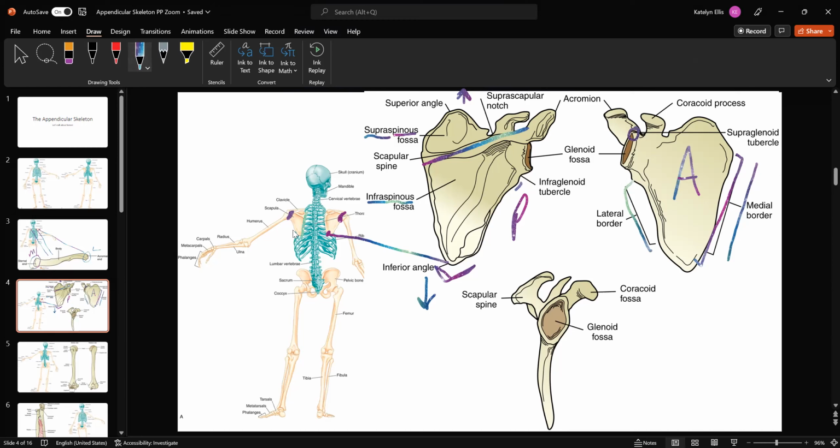We can pull it up and forward, and we can also pull it down when we do elevation. This will elevate, this will turn up. If this depresses, this will turn out, and you'll have this little sharp point coming out that you can palpate